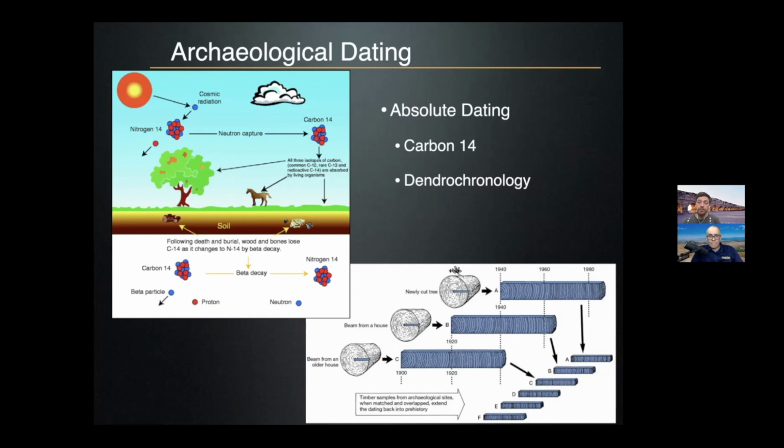So for instance, every living thing in the world is absorbing the radioactive carbon-14 molecule. Once that creature or animal dies, it stops absorbing it, and the carbon-14 starts to decay. We know the rate of decay of carbon-14 through various studies. So in a very simple and straightforward way, if we want to date something, we measure how much radiocarbon is in it. Then, based on where it falls on the curve, we can date that object to that specific time period.